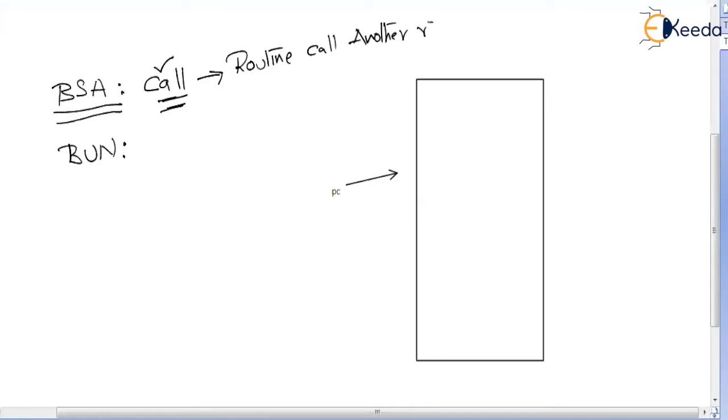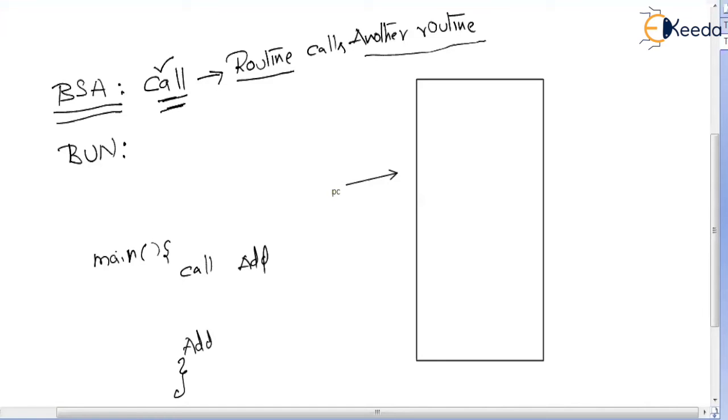A routine calls another routine. When the call instruction gets executed, one routine calls another routine. For example, when I write main, if I say call to add routine, the add routine will be called.